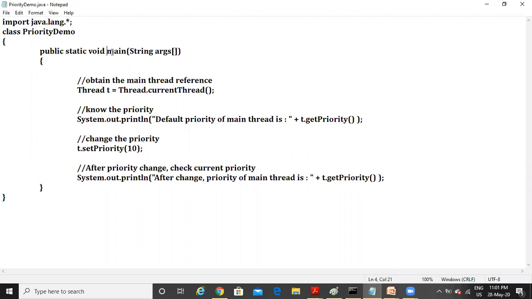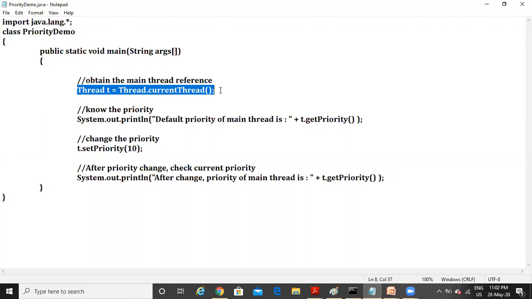Of course this is the main thread. Even if this main thread is created automatically in the background, if you want to get the reference of that main thread, use currentThread. In the previous videos I have explained this clearly; if you want, you can go to the previous videos and learn there. So: Thread t = Thread.currentThread.